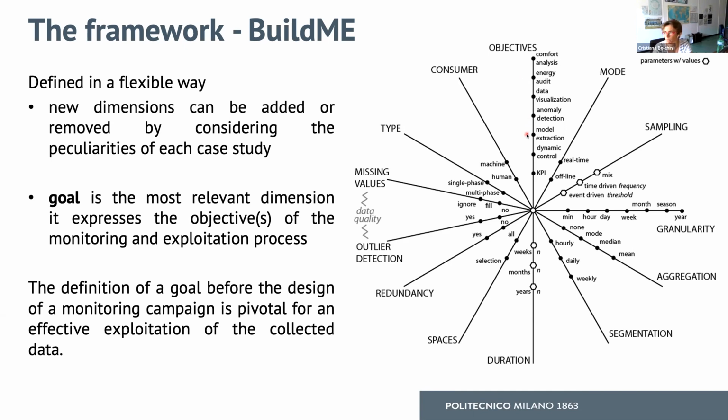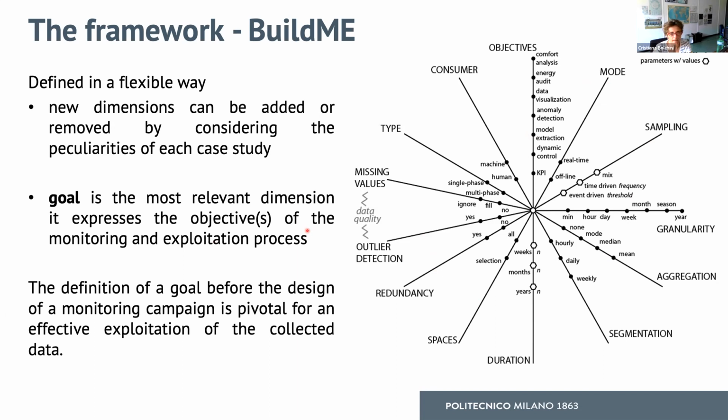Do we want to extract the model of the building because we are planning a renovation, so we need to know how the building is performing now, and we want, on the other hand, to change these characteristics to optimize the usage of the energy? Or again, are we interested in the dynamic control, so the energy management system design for our building? Or last but not least, are we taking some KPIs to try to understand the building performance? So based on what we want to do, all the other elements will be selected, keeping in mind the final goal.